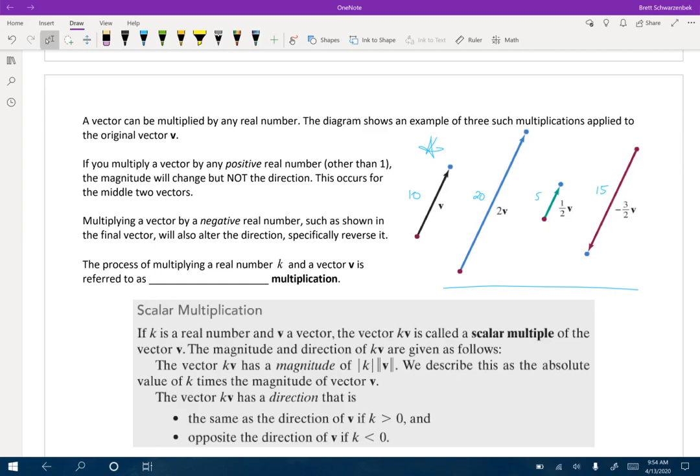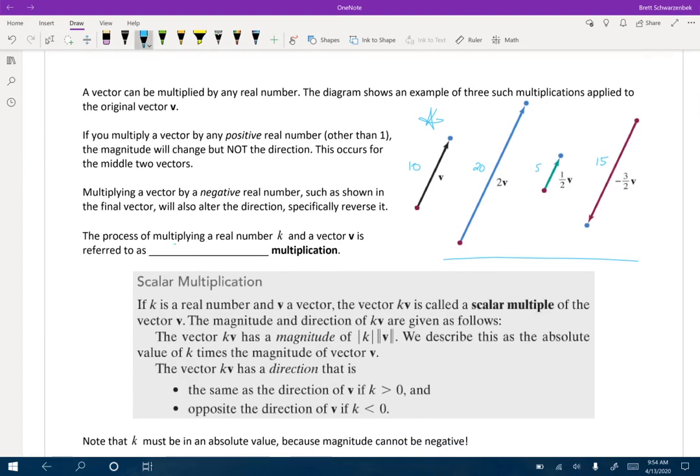So the negative has nothing to do with the magnitude. The negative has to do with what actually happened differently here, the direction. If you multiply by a negative real number, you're going to change the magnitude, but you're also going to change the direction to the complete opposite. So to be clear, the sign, S-I-G-N, is going to deal with the direction in these multiplication problems,